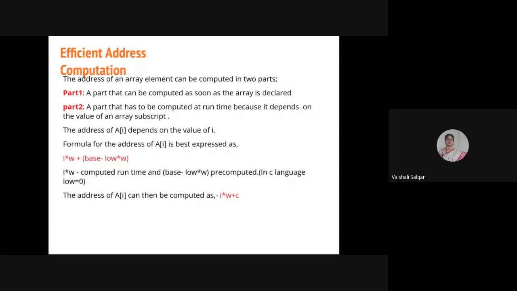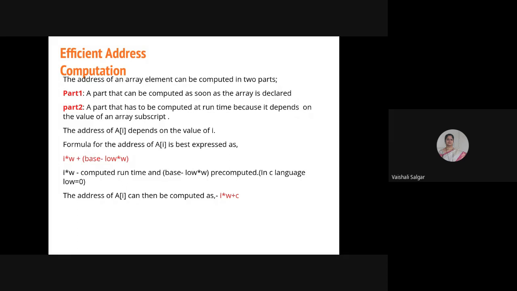Yes or no? W indicates what? Yes, girls, quickly. What? W indicates what in this particular case? Number of bytes. Correct. Number of bytes for each component. So in integer, 2 bytes.